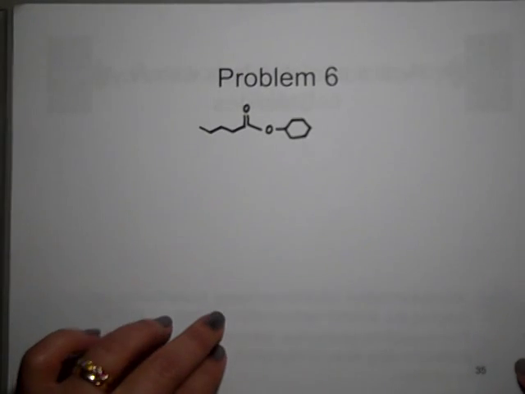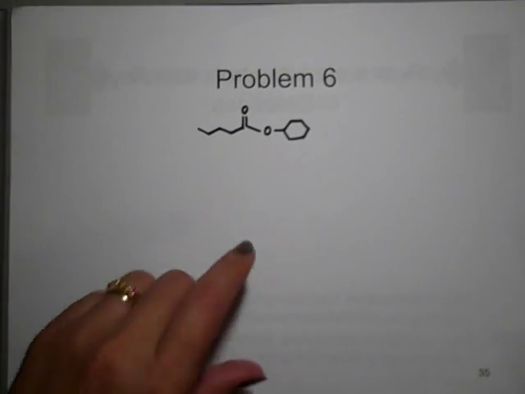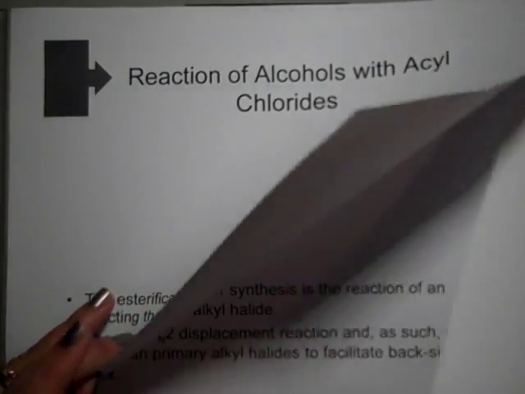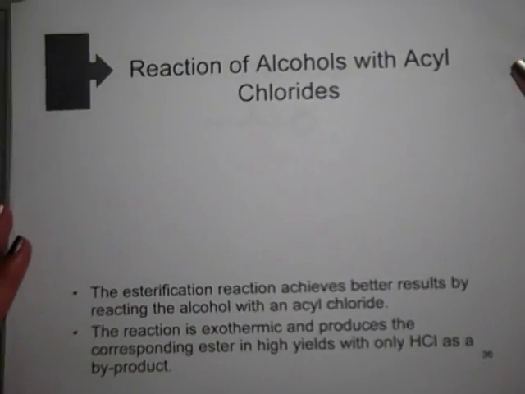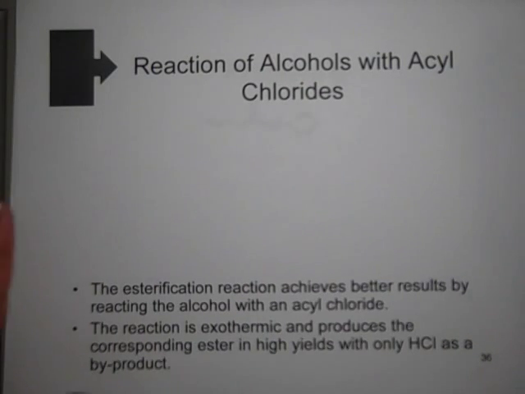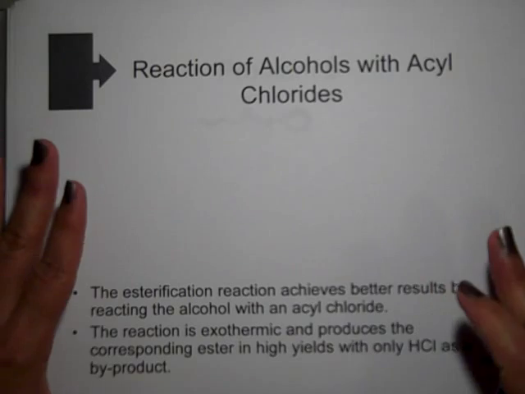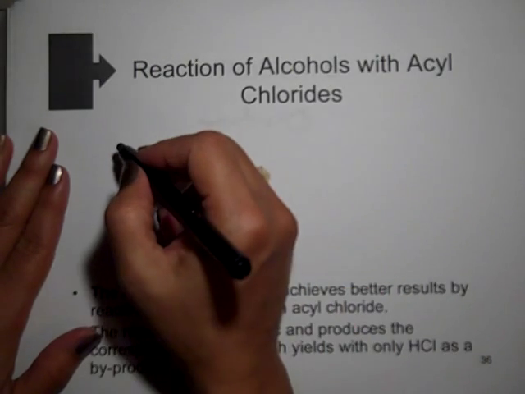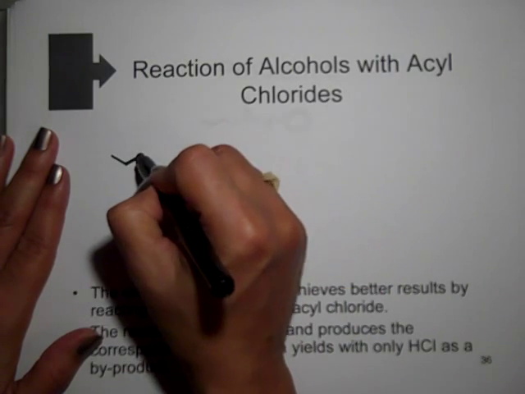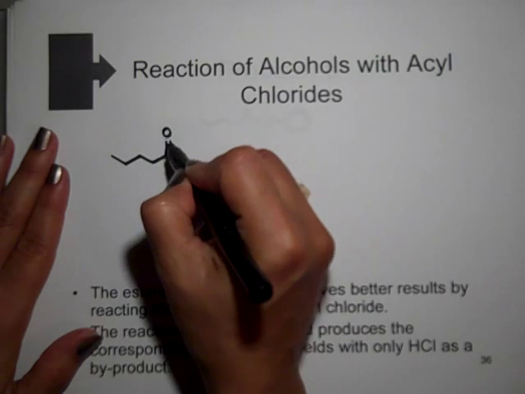Now here's what we're going to do. We're going to change this slide. We're going to cover this one first, the reaction of alcohols with acyl chlorides. Because this reaction, if you want to make an ester, this would be the reaction to actually do. So I'm going to use the same